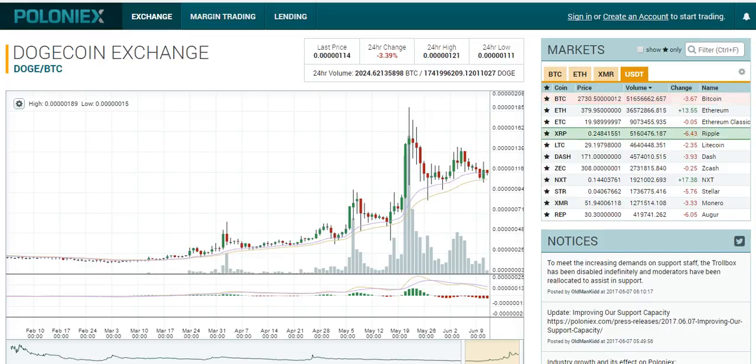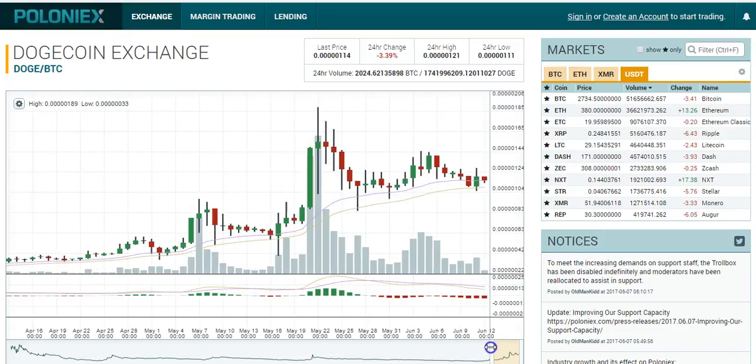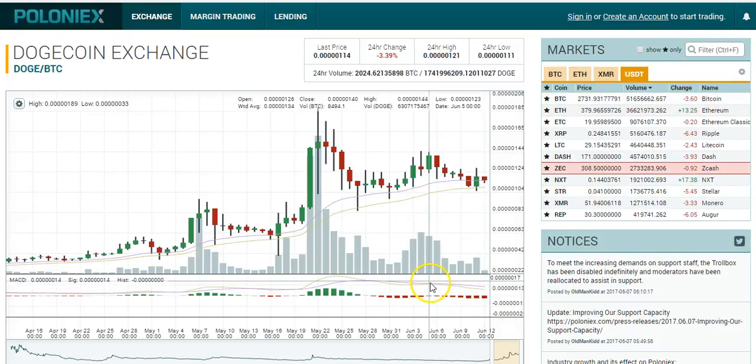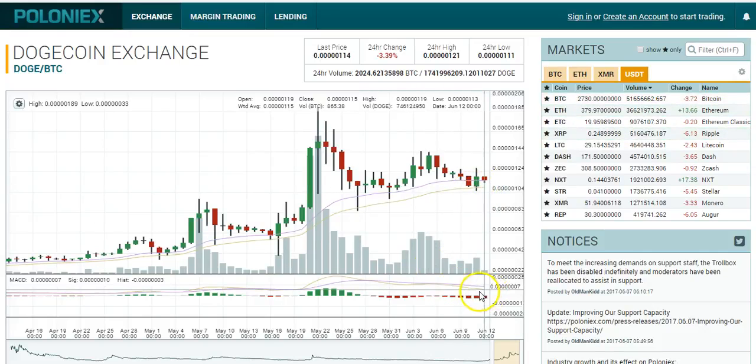Okay, so let's see here. Let's look at Dogecoin. I did say this looks like a buy signal came in right here, but of course it's not yet confirmed on the lines yet. But you can see this was the sell right here, and now the lines have spread out. A lot of these coins are doing the same thing. They have the sell sign somewhere around here, and then the lines spread out. It comes down a little bit right on the support lines, and it stabilizes itself, and at some point that yellow is going to cross underneath the purple